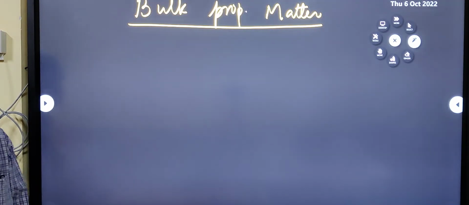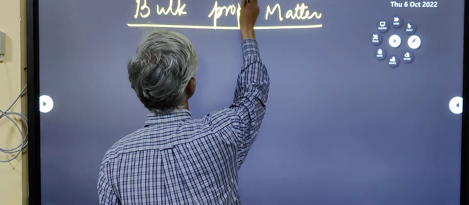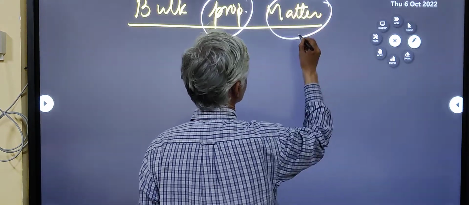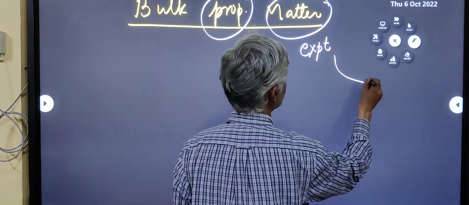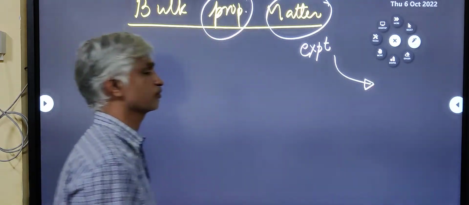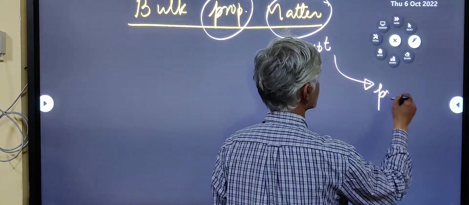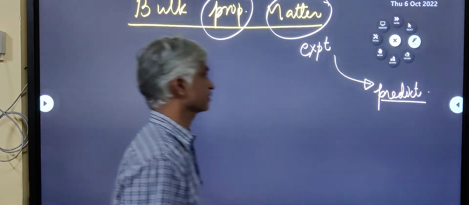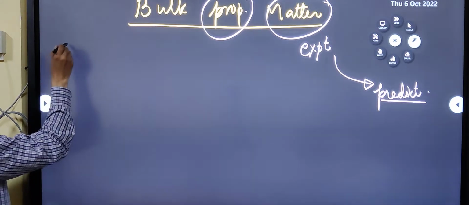So what is the fundamental idea behind this? I think we've already explained. So we try to obtain some property of the material with the help of an experiment, and this property when properly tabulated will help us to predict and do some useful calculations. So that's the main idea. So here's the first experimental property of, let's take steel